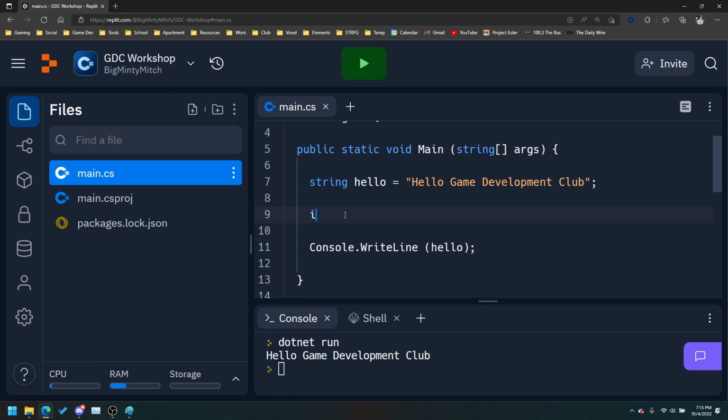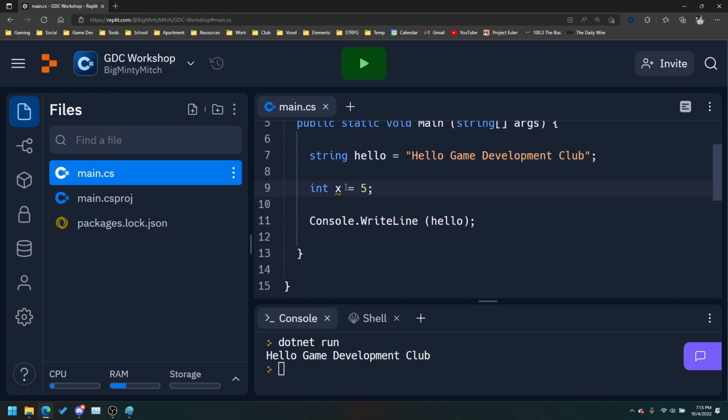Or hold on, here, we'll do int to start. Actually, I lied. So we'll do int x equals 5. So this creates a variable which we have named x, and it's a whole number which is equal to the